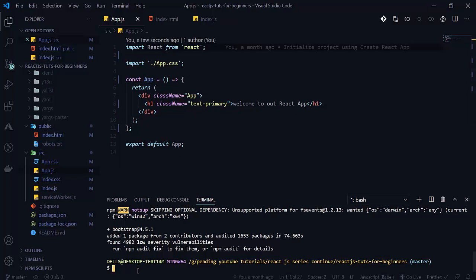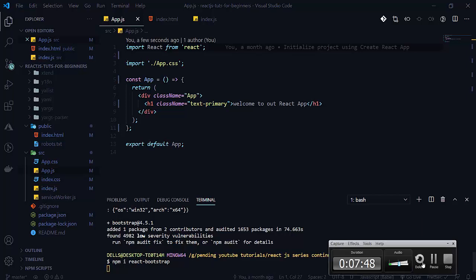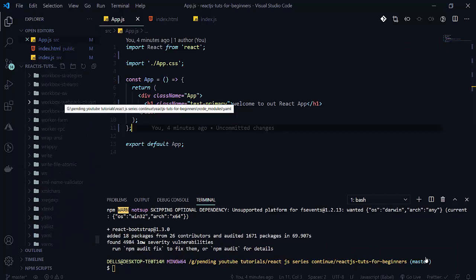For that, simply write npm install react-bootstrap. While it is installing, I am pausing the video here. Now see that our React Bootstrap is installed successfully, and here is our package.